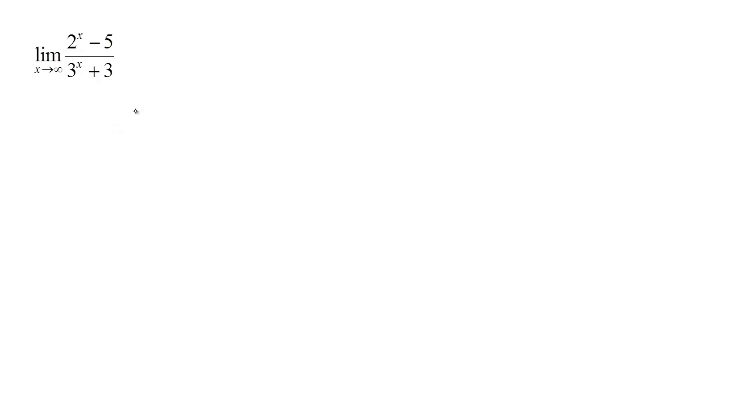L'Hopital's rule works when you have 0 over 0 or infinity over infinity. In this case, as x tends to infinity, 2 to the x will grow without bound, so will 3 to the x, and so we have infinity over infinity in this limit. So we can apply L'Hopital's rule,